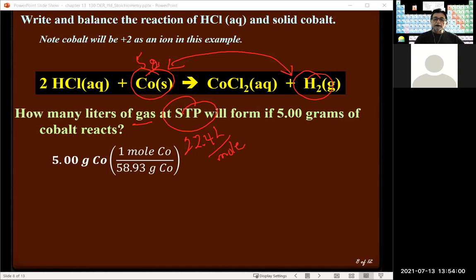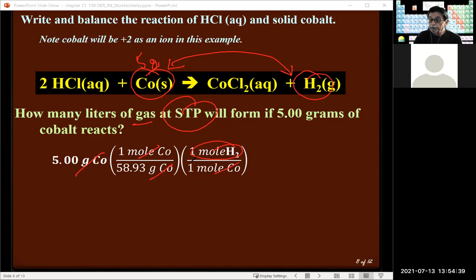That gives us moles of cobalt, okay? While we're at moles of cobalt, we use a stoichiometric relationship from the balanced chemical equation to give us moles of hydrogen, okay? So you see where we're at here? Check the units, grams of cobalt cancel, moles of cobalt cancel, leaving us at this point with moles of hydrogen gas,